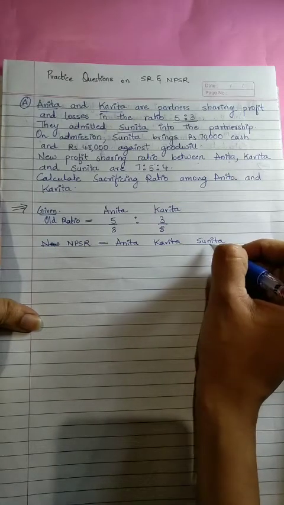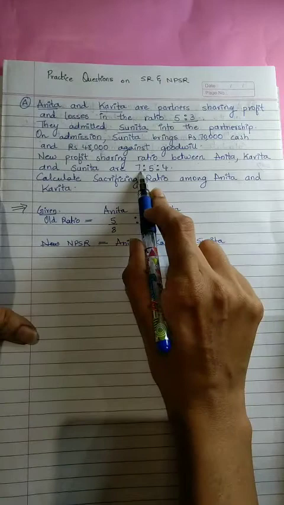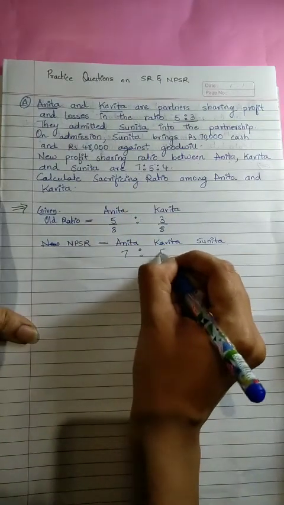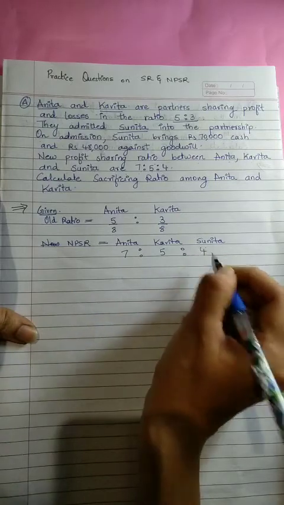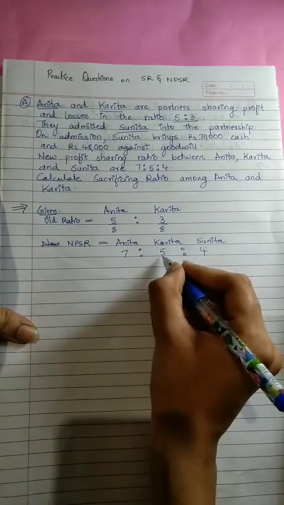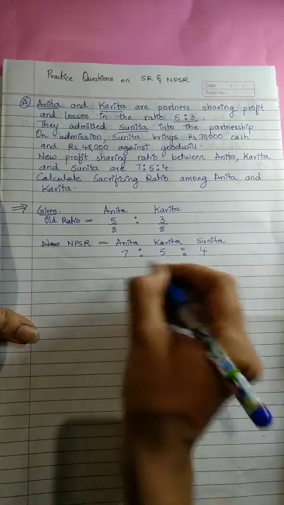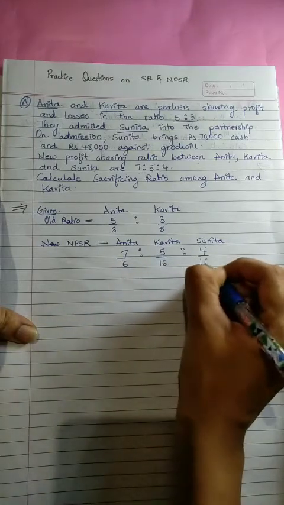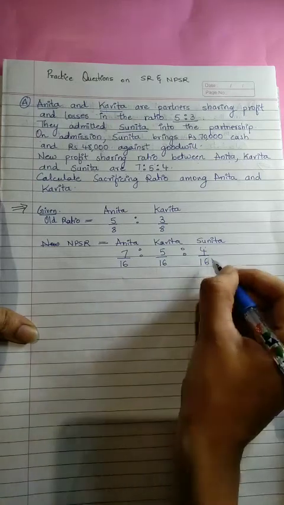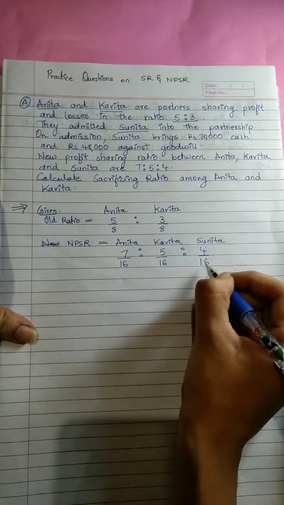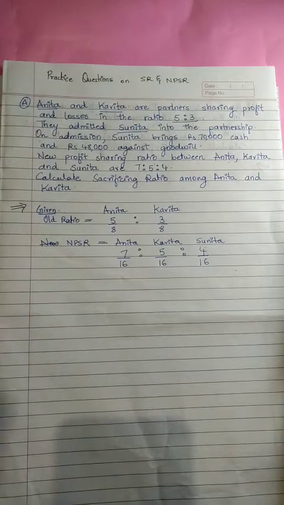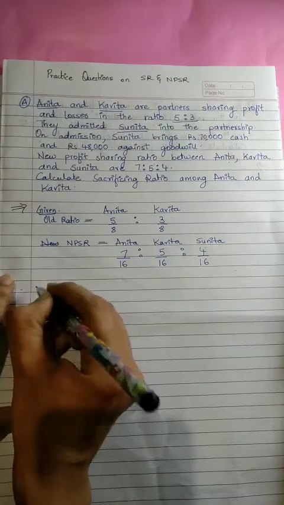So what is their new profit sharing ratio after adding Sunita in the business? 7:5:4. So 7 plus 5 plus 4 comes to 16. So this we can write as 7 upon 16, 5 upon 16 and 4 upon 16. So now when we have these details with us,